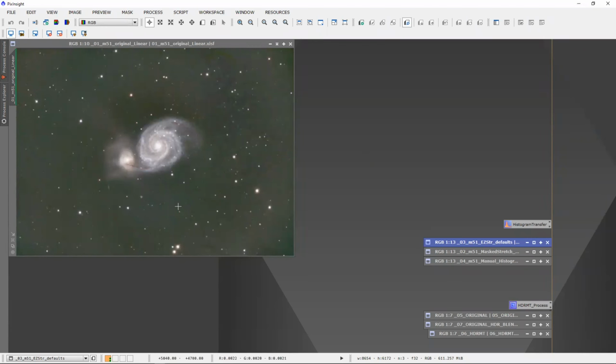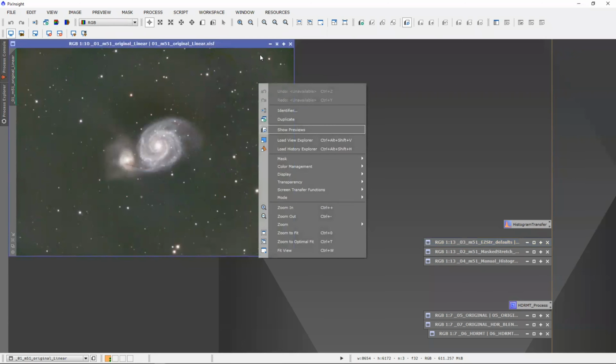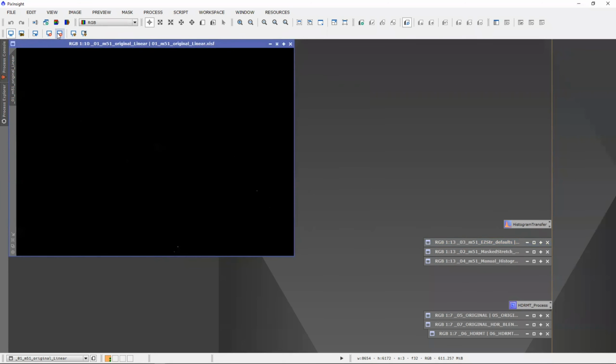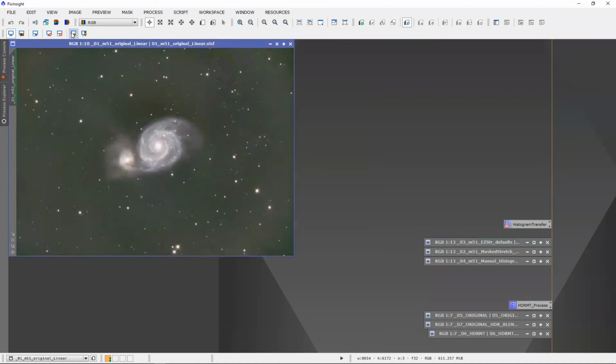This is just an image of M51, something I've been working on for a while before the pollen hit, and this is just a linear image. It's not supposed to be stretched. There, okay. So it's linear, it's not stretched, but just to illustrate how these scripts all work,